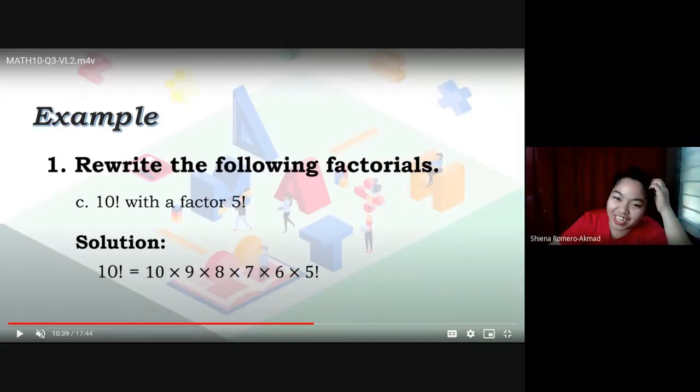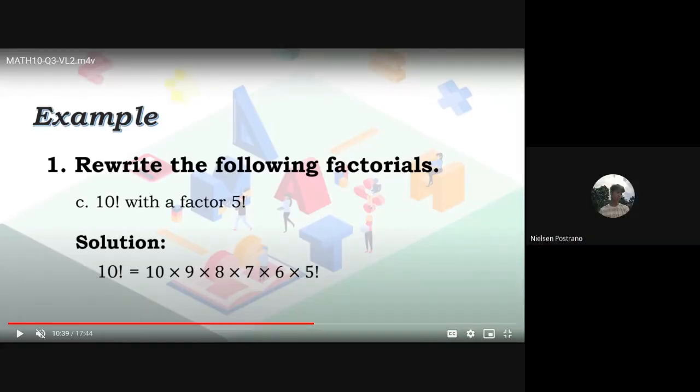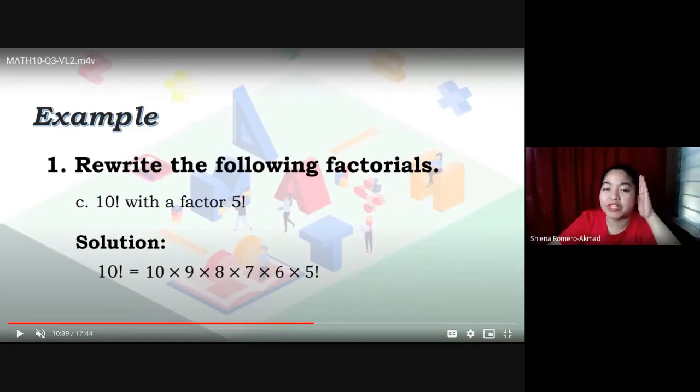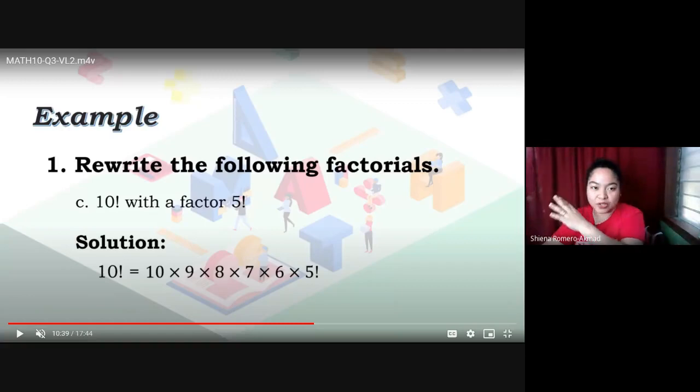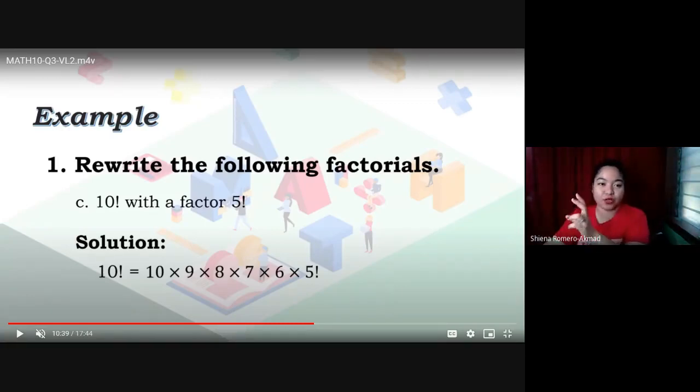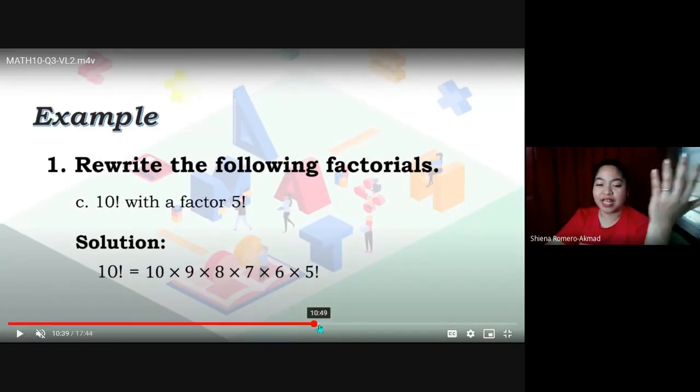Okay. Kaya lang, nabanggit mo ba yung 16? Hindi. That's 20 times 19 times 18 times 17 times 16 times 15 times 14 times 13 times 12 times 11 factorial. So yun lang yung goal dito, for you to rewrite the factorial with a factor given specific factorial. Okay? Huwag kayong malilito. Don't have to get any product. Rewrite pa lang. Okay? Another,